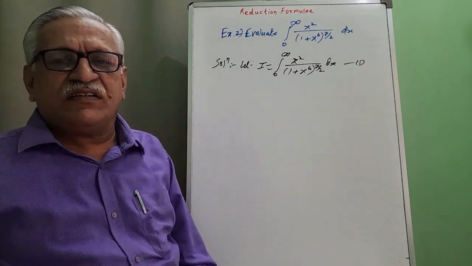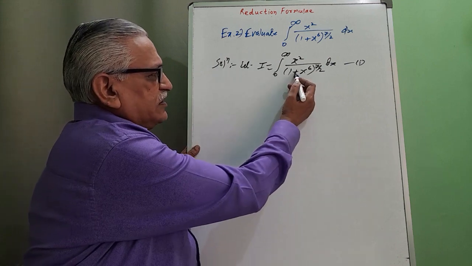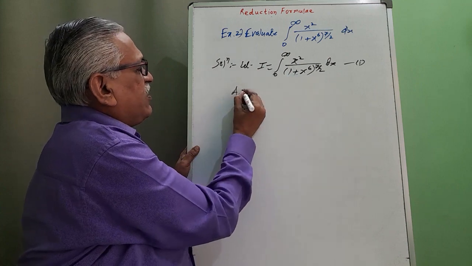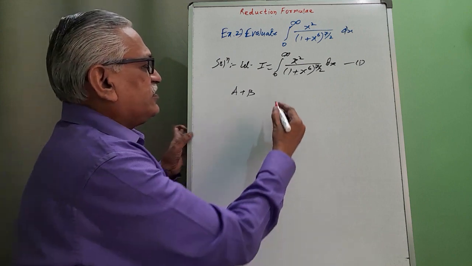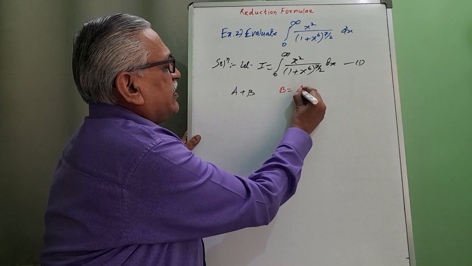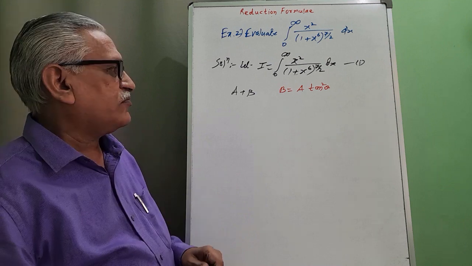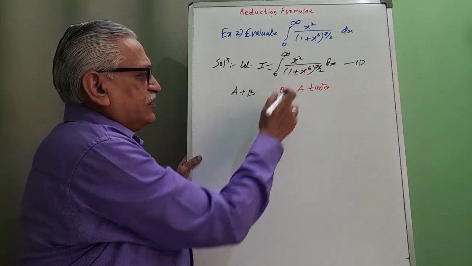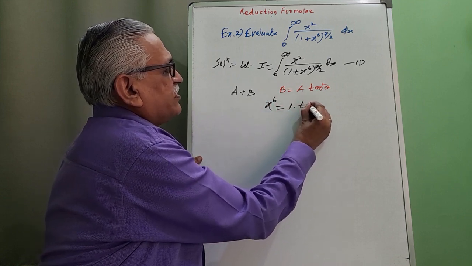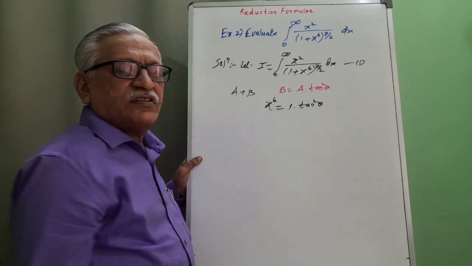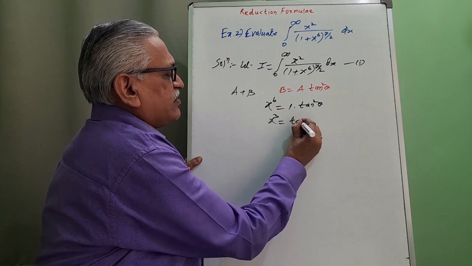In the last example, I have discussed the case when it contains a minus b type of a binomial term. Here it is a plus b. And when we have a plus b type of term, the standard substitution is b is equal to a tan square theta. Therefore, comparing this with this, we get b as x raised to 6, a as 1 into tan square theta as a standard substitution. Taking square root on both sides, we get x cube is equal to tan theta